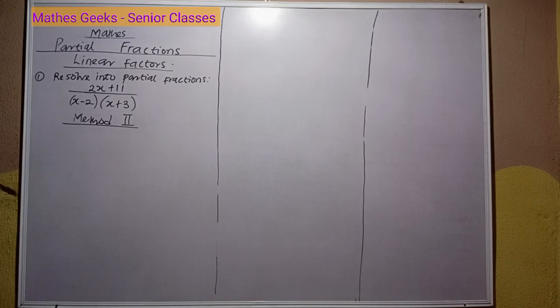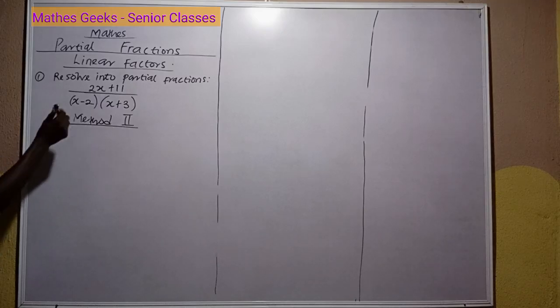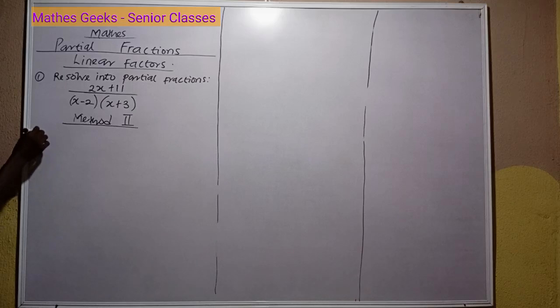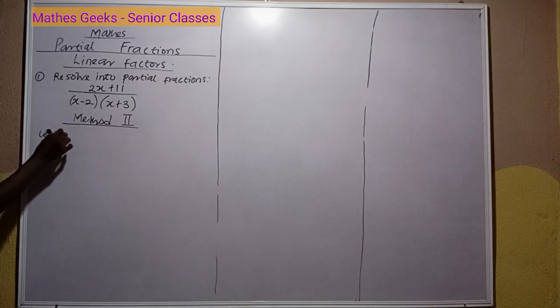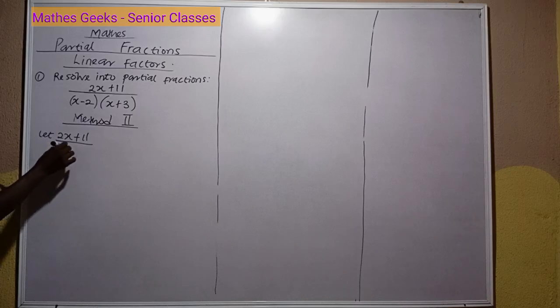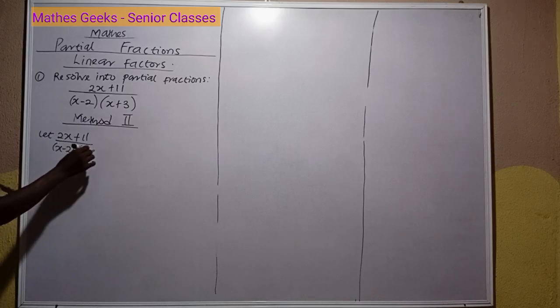Now we're going to look at the second method. It's almost the same thing, but the second method we are going to either use substitution method or elimination method to solve for each of the unknowns that we put into a fraction. So let's proceed. So initially we got something like this. We're going to say let (2x plus 11) over (x minus 2)(x plus 3)